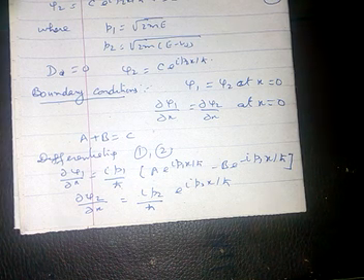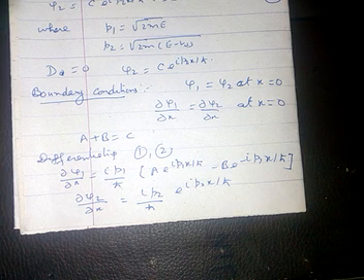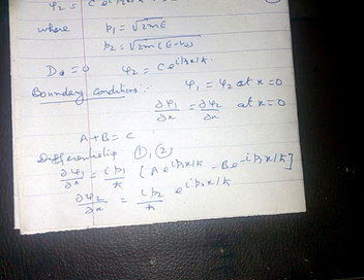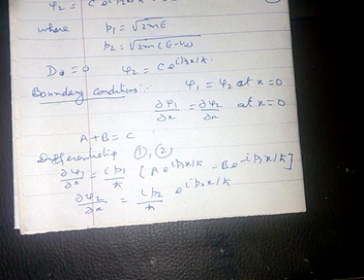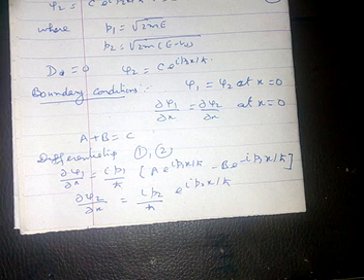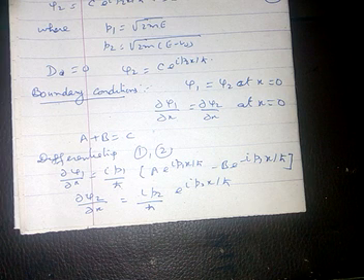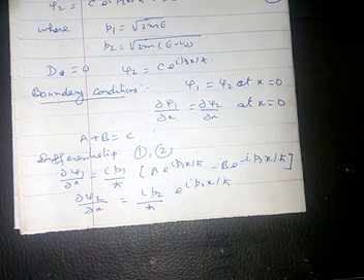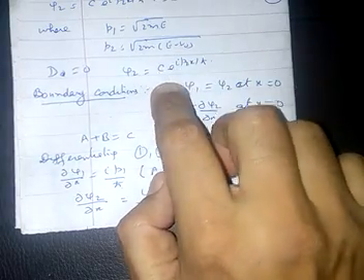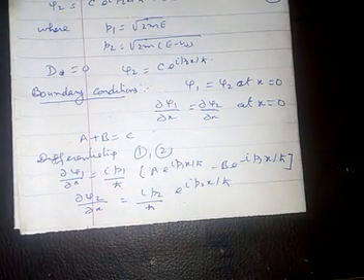And in equation number 2, the first term represents the wave travelling along the positive x-axis in the second region, that is the transmitted wave, while the second term represents the wave travelling along the negative x-axis in the second region. But there is no reflection of the electron in the second region and hence there will be no wave travelling along the negative x-axis. Consequently, capital D is equal to 0, so that equation number 2 may be written as psi2 equal to c e raised to power i p2 x upon h cross.